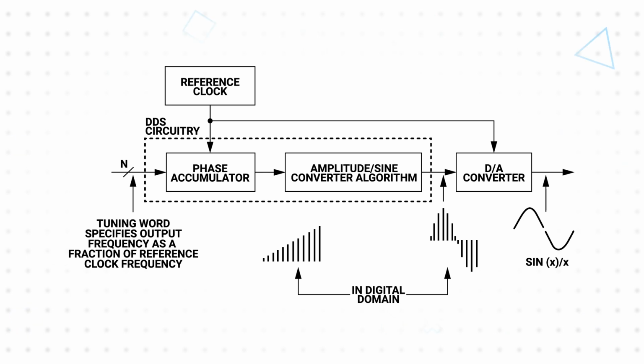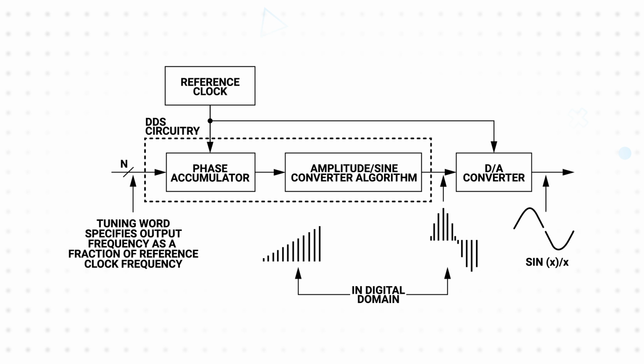The DAC is driven by a numerically controlled oscillator, which is comprised of a phase accumulator and amplitude to sinusoid converter. Compared to a traditional PLL-based synthesizer, DAC-based DDS provides simplicity, low distortion, high-resolution tuning, and nearly instantaneous frequency, phase,